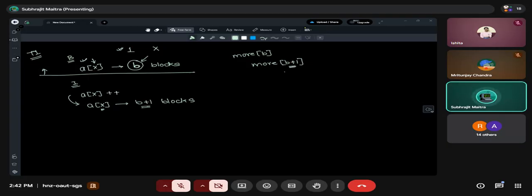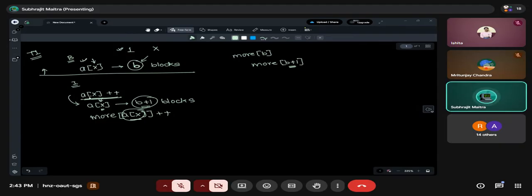Because this b plus 1 number of blocks is now being contributed by index x also. That means whenever I'm incrementing this value, I also need to do another simple operation: more of a of x plus plus. We have got a new contributor to this much number of blocks, that is b plus 1 blocks. This is all we need to do in a type 1 operation.